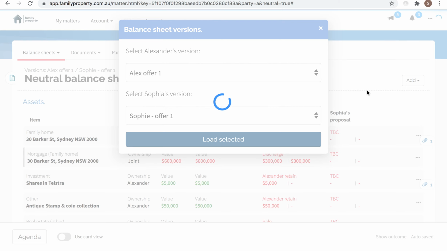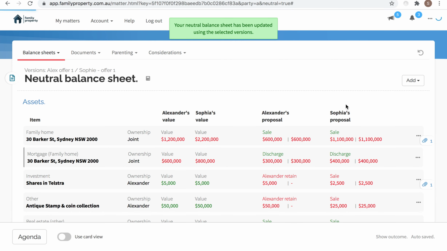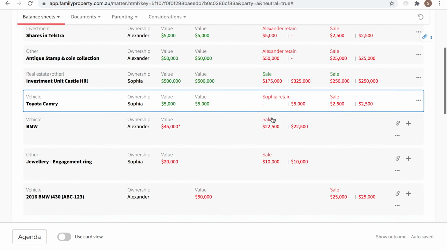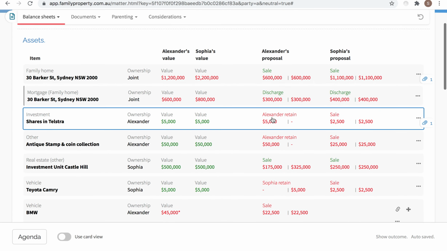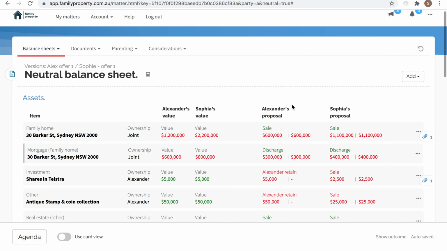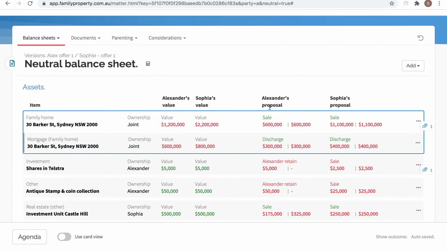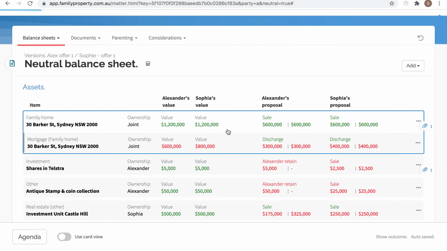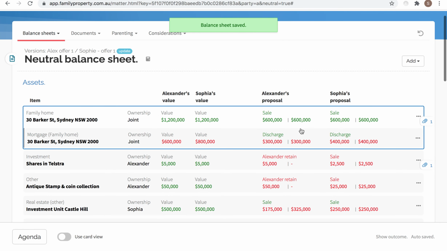So now I'm going to load both of these side by side, and I can easily see where I don't have agreement on the proposals or in the value column as well. So that's how you can load versions into your balance sheet. Now once you start making changes to this, so let's say we're going to agree, or I've got a very big difference there, we're going to agree on the values. You can see it does move those into